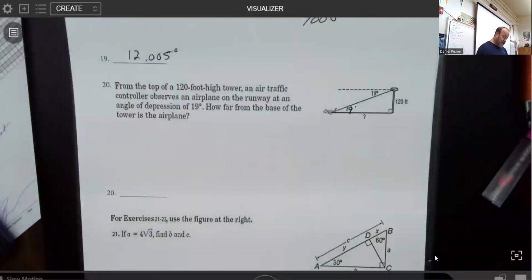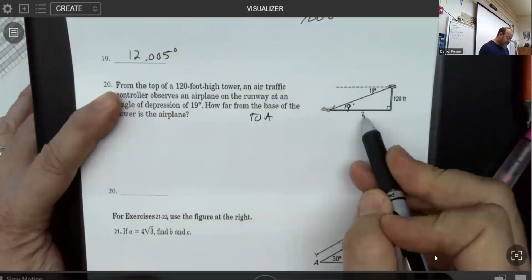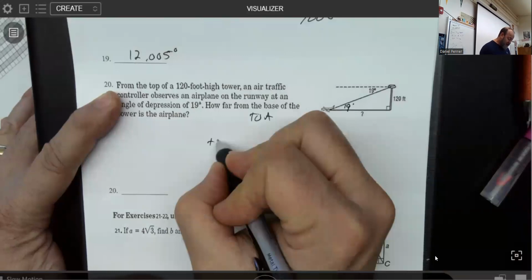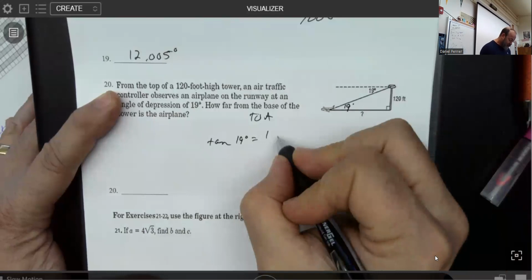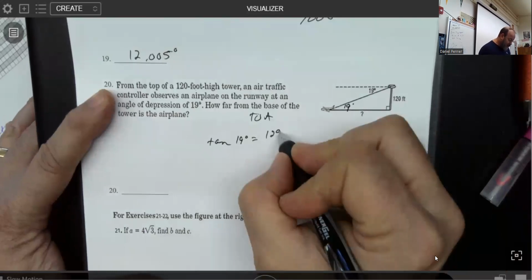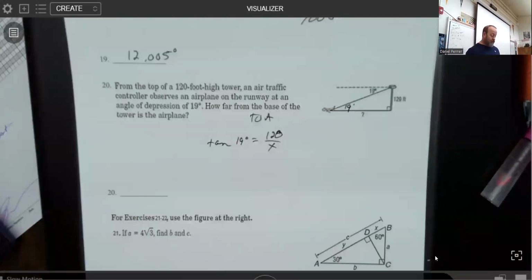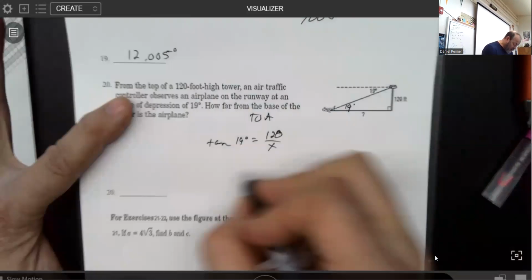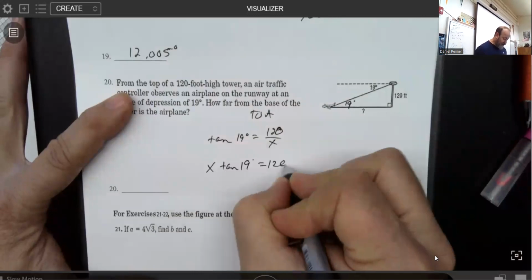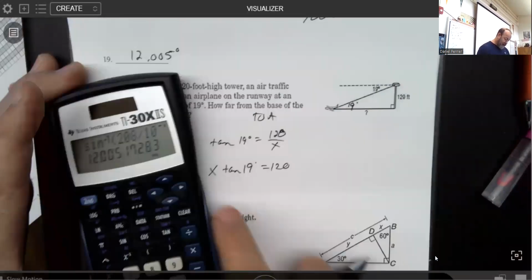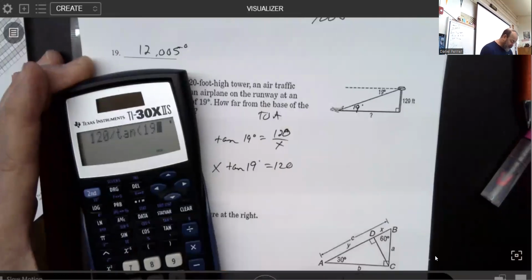And again, SOHCAHTOA, you should know that this is a TOA. That's an opposite over adjacent. So I would say then that the tangent of 19 degrees is opposite, which is 120. That looked like a 9. That's a 120-foot tower over some unknown value x. Now, this will work perfectly fine. We're going to cross multiply and therefore divide. But I like a different way better. I'm going to take 120 divided by the tangent of 19, and I got that x has to be